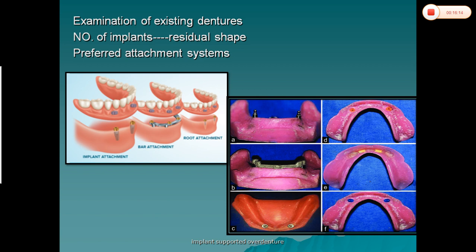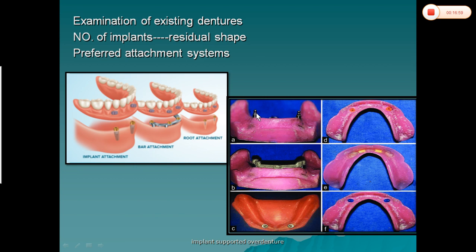Everything will be maintained. So both the advantages can be gained, and also by placing 2 implants in mandible, the cost of the treatment also will be under control. If you place more number of implants, cost will be increased. So 2 implants in mandible are preferred. When 2 implants are placed, ball type of attachments are most commonly given. When you give ball type of attachment, it is easy for the patient to position and to remove. So with ball attachments, it is easy for the patient to place and remove the overdenture.